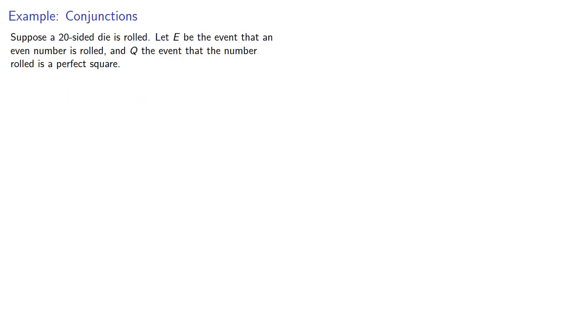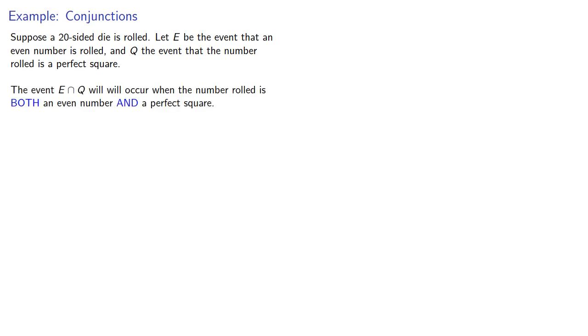For example, suppose a 20-sided die is rolled. Let E be the event that an even number is rolled, and Q the event that the number rolled is a perfect square. The event E intersect Q will occur when the number rolled is both an even number and also a perfect square. And so we can just list the elements, the possible outcomes that are both even and also perfect squares, and those would be: